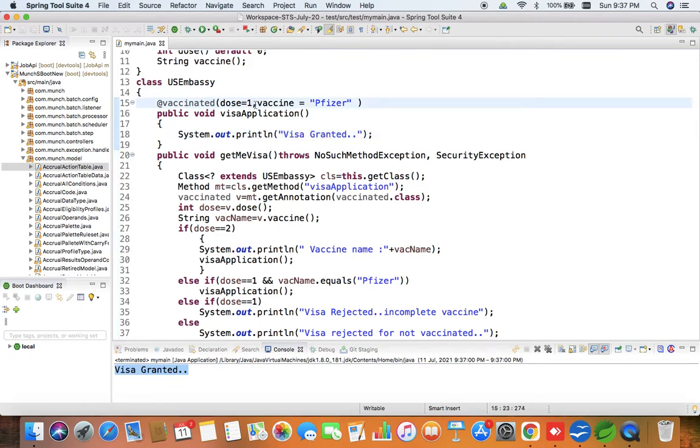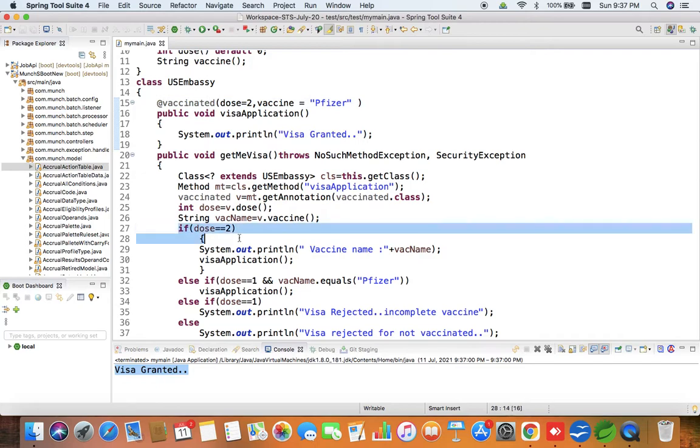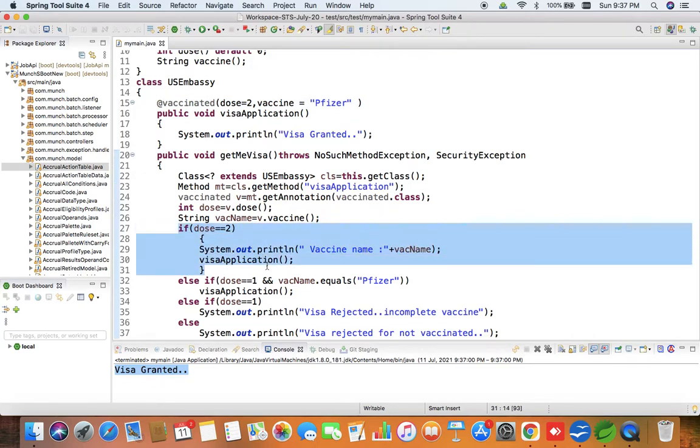If I make dose 2, that means again it is going to satisfy this if condition, because in the if condition, if the dose is 2, it doesn't matter which vaccine has been used. That means it is going to enter the first if.